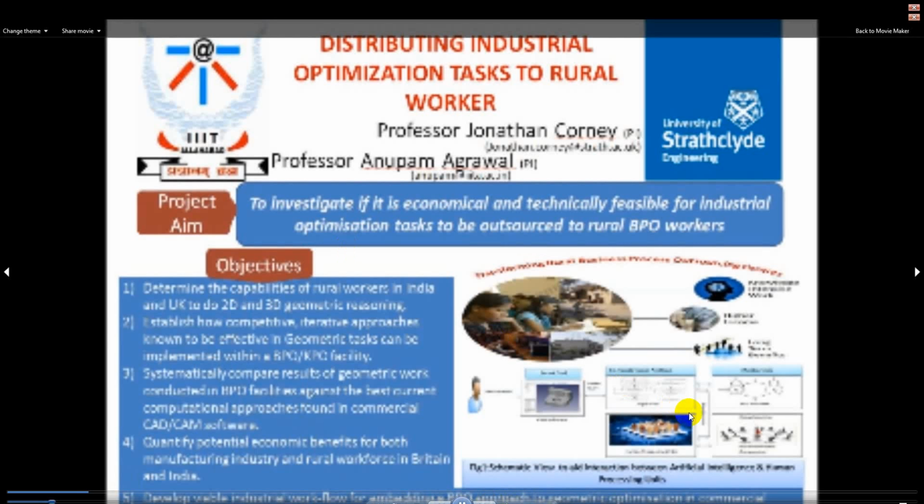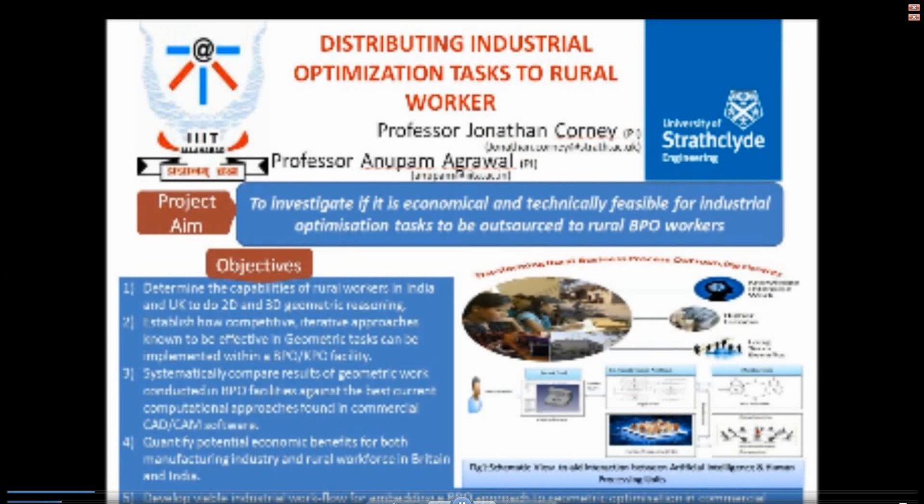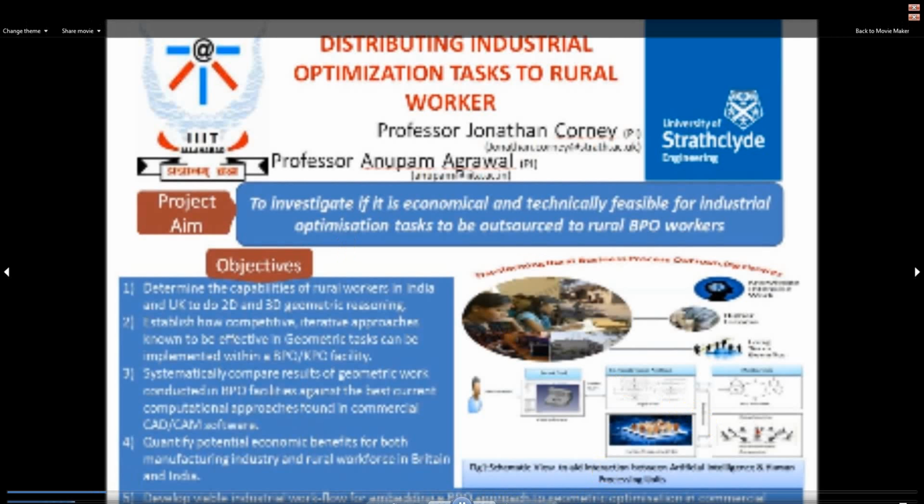The project title is Distributing Industrial Optimization Tasks to Rural Workers. Here we have developed the 2D and 3D packing software. The project aim is to investigate if it is economically and technically feasible for industrial optimization tasks to be outsourced